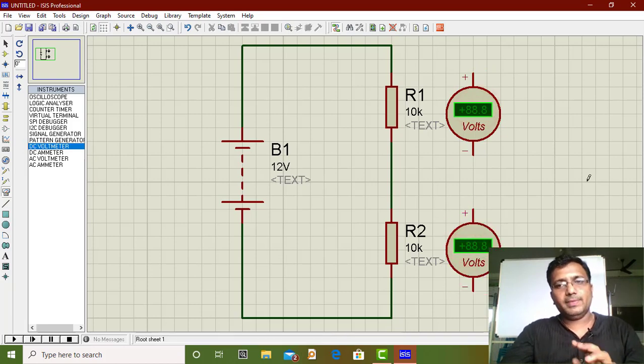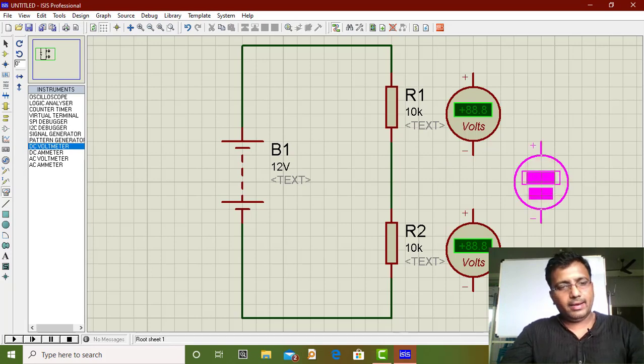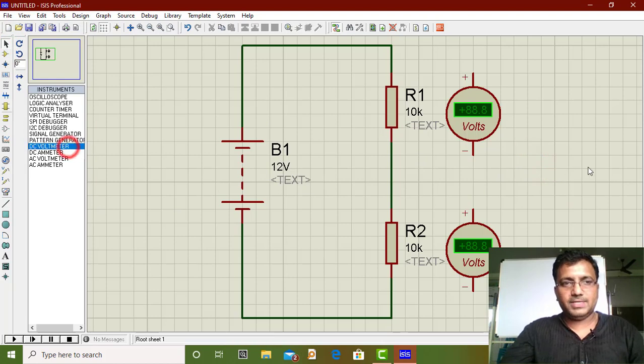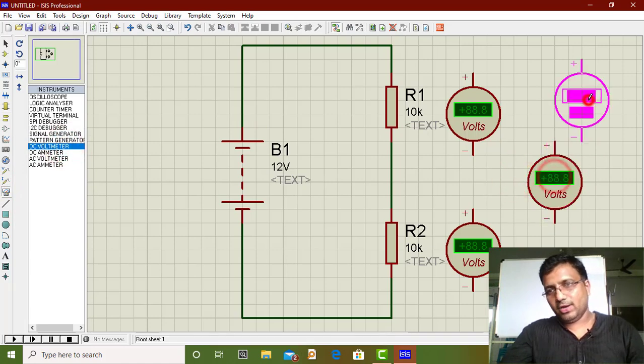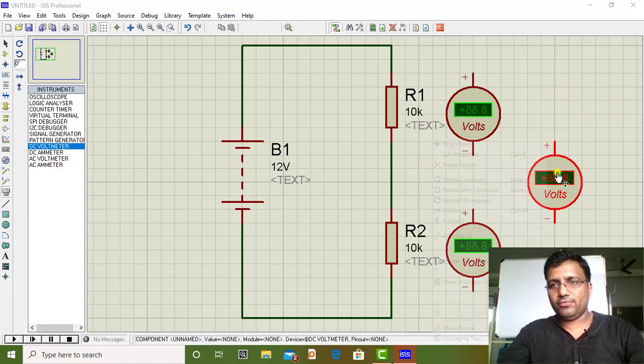Okay. Two voltmeters are required. So I have not changed it. Whatever the object, till I escape or till I go to selection mode, my object selection will be available. Like if I go here and select this, till I go there, my object selection is available. No need to select it again.